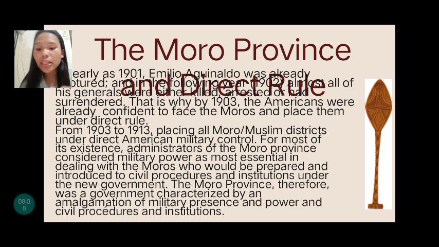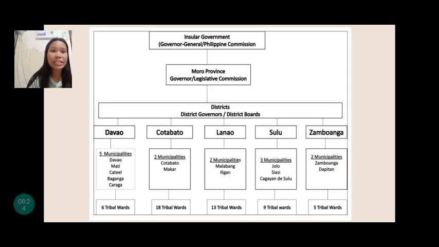So in 1903 to 1913, all the Moro or Muslim districts were under military control. Here is the administrative structure of the Moro province: insular government, governor general, Philippine Commission, Moro province, governor or legislative commission, districts, government, district governors and district boards. All of this, Davao, Cotabato, Lanao, Zamboanga, and Jolo, are under the military control of